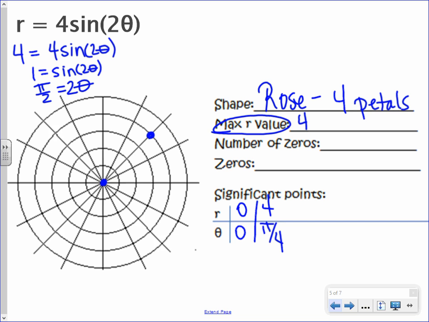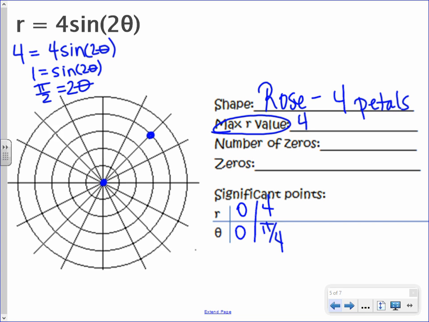Here's the trouble, ladies and gentlemen. The sine of 0 is 0. So if you have a sine rose curve, you are going to have to determine where the first petal is by plugging in your max r value to r. So it's going to take you one extra step to figure out where your rose petals are. The cosine of 0 is 1, so it gives us where our petal is right away. But the sine rose curve takes a little bit more work. Now,